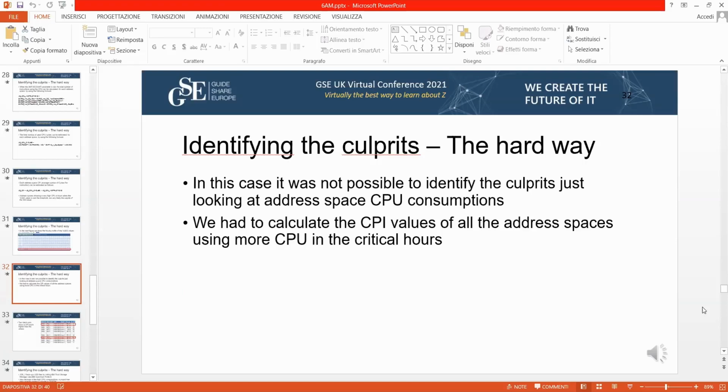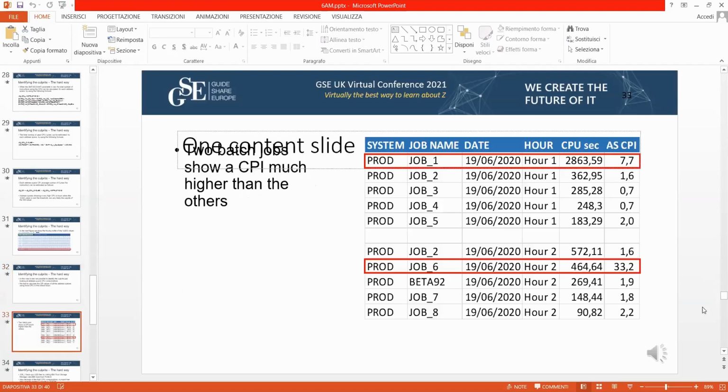So we had to calculate the CPI values for all the top address spaces in the critical hours. This is represented now in this table, where we have changed some of the names. We see that in the first hour, in the top 5 rows, there was a job_1 that had a very high cycles per instruction rate.